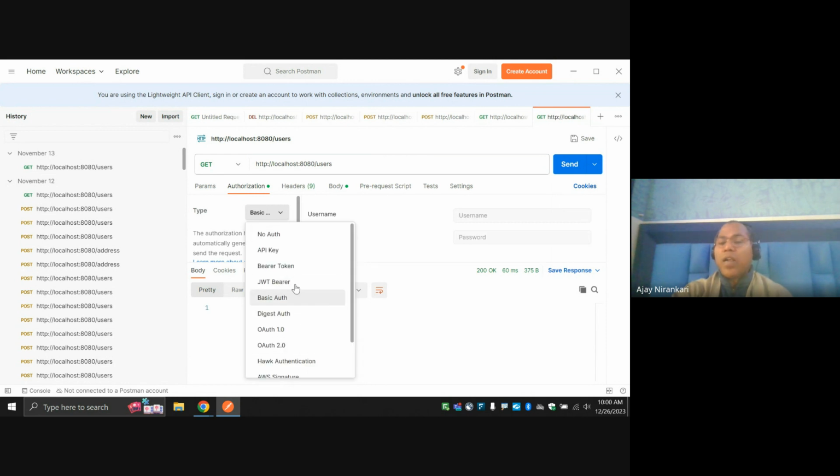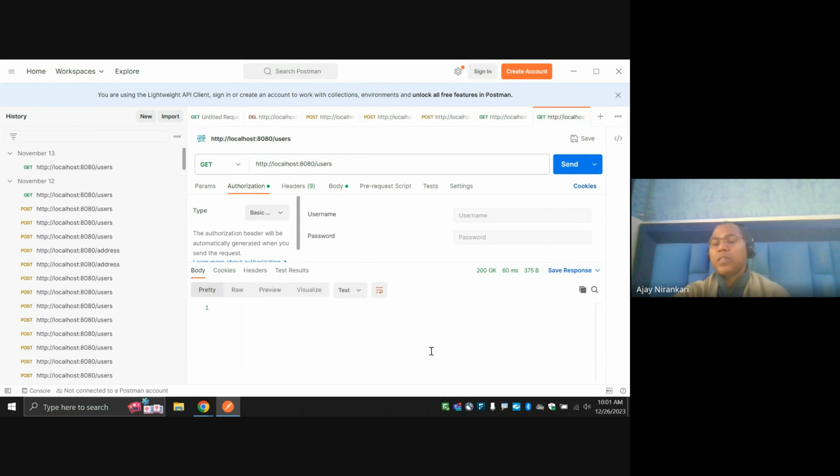All these types of authorization steps are available. Nowadays some microservices use API key concepts, some use bearer tokens, some JWT tokens. These are the famously used ones. And generally they follow OAuth 2.0 as well. We are not going to cover all of them because each type has its own specific area to study. Our first objective is to understand the basics, basic authentication, which means each and every endpoint